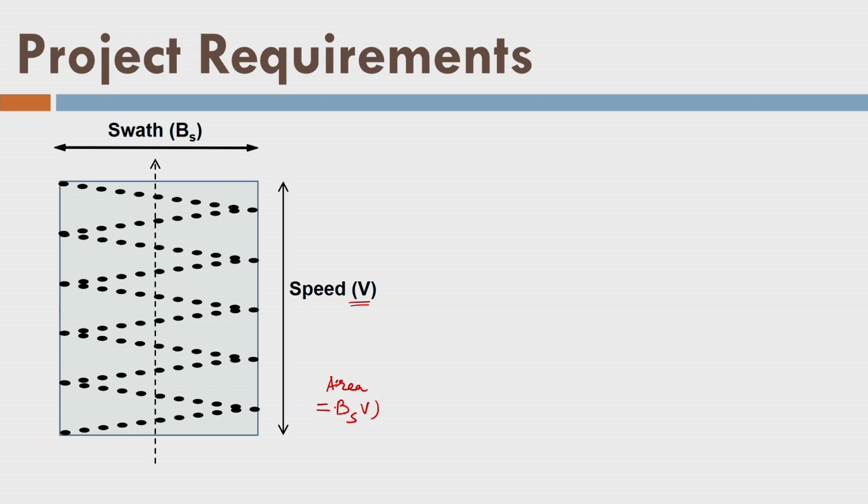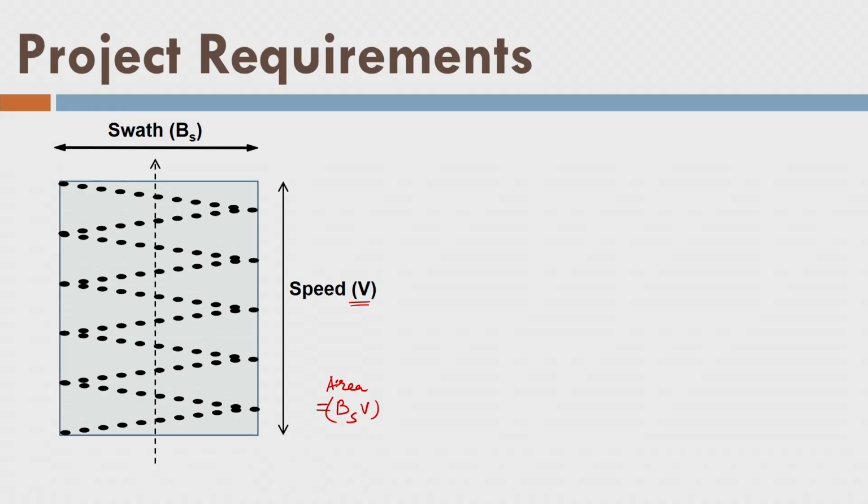Bs into V. Now this area contains so much point data, what we call LiDAR data. Now I want to find out the quantity of data per unit square area. Since I am firing f number of pulses, I define the data density, or number of points over unit meter square or unit area, as f, the number of pulses fired in 1 second, divided by the area covered during that 1 second. So this is the data density.